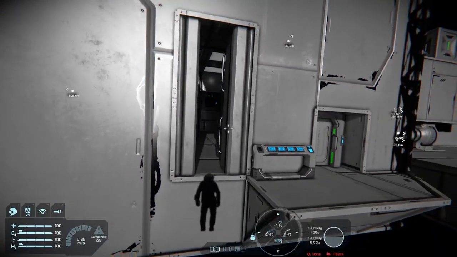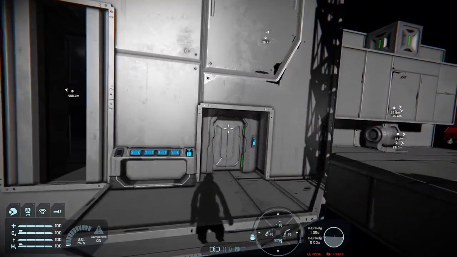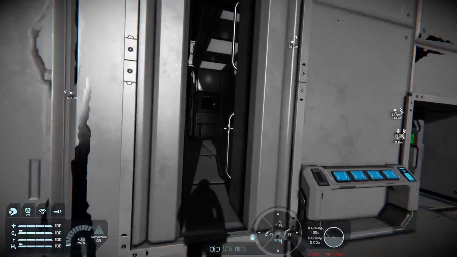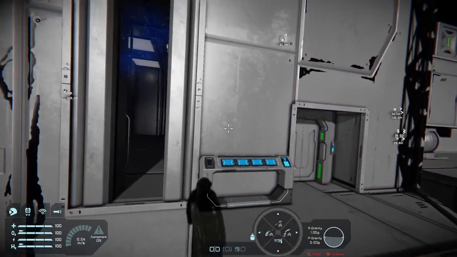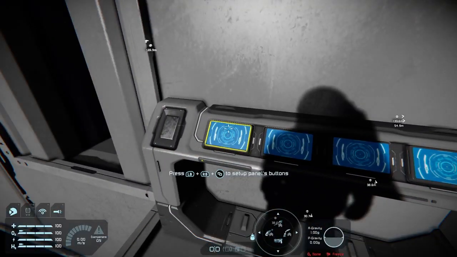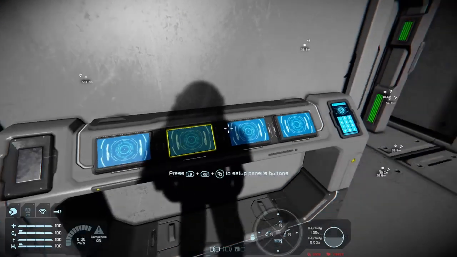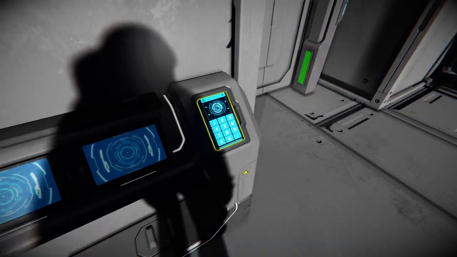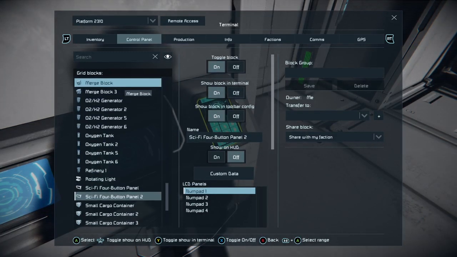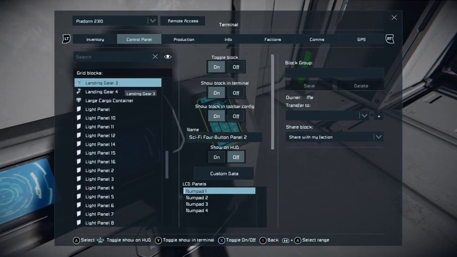So now, how do we control this? Depressurize that. Well, we can do it dead simply. To begin with, you can just simply come over here and look at your control panel. And we look at the air vents, and that's what we want to look at first.